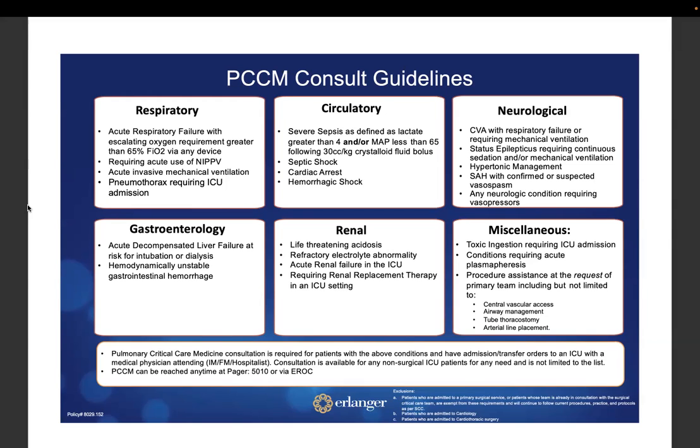Cool. Just as a heads up, this does exclude cardiothoracic surgery, patients who are admitted to cardiology as a primary service, and anyone who would normally be consulted by surgical critical care, which doesn't really fall under any of our patients. But if you're on the cardiology service, we're certainly welcome to help, but it's not a requirement, at least up front.